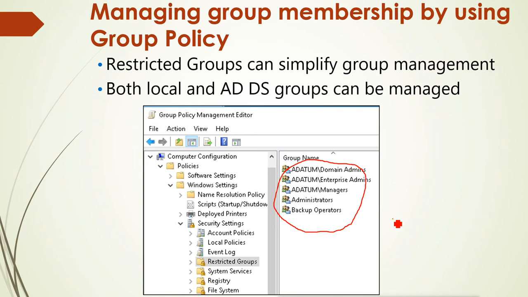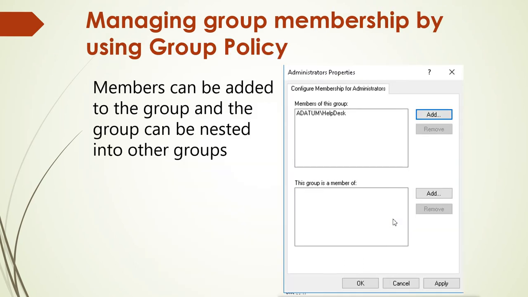That we can do from the group policy. So members can be added to the group, and the group can be in other groups. We can select the group, and then we can make the member of this group, and also we can make this group a member of the other group by using the group policy.